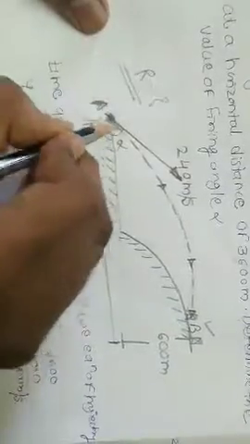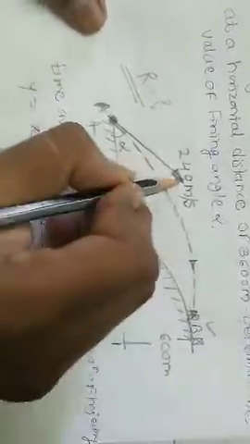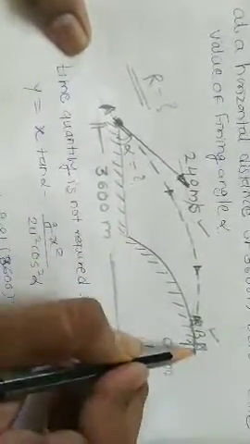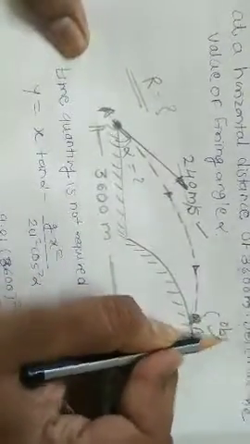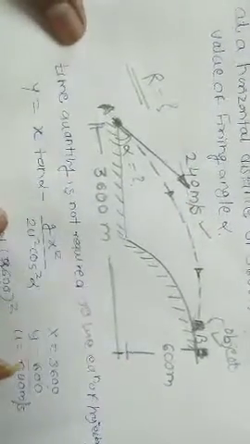A point is given where the projectile is fired with velocity 240 meters per second. Angle alpha is unknown, which we need to find. The horizontal distance between points A and B is given as 3600 meters, while the vertical distance is given as 600 meters. This is the object we need to hit from point A with velocity 240 meters per second. Now in this, the time quantity is not required, so we can use the equation of trajectory.